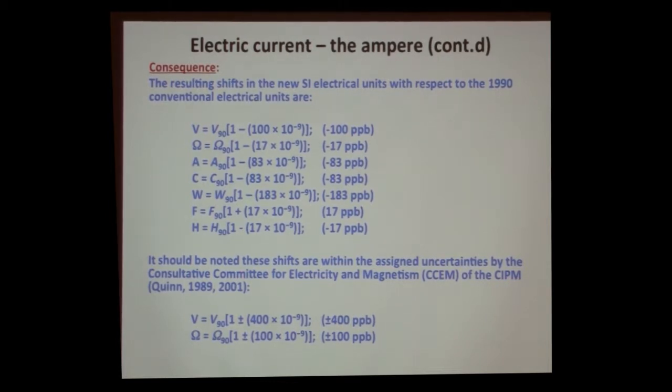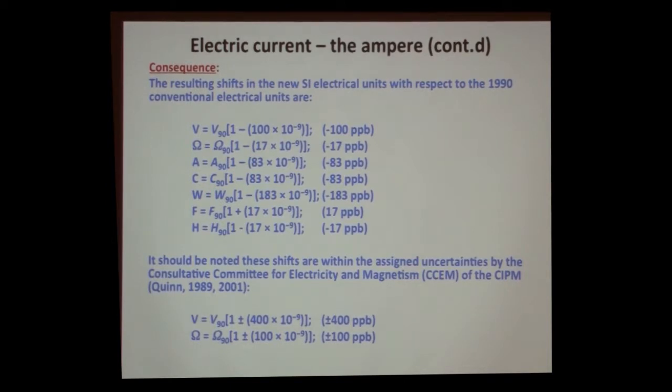So a lot of our customers, Fluke, Agilent, instrument makers, are going to see this shift, and it's up to NIST and other MIs to communicate this to them as we did in 1990 for various shifts. And one thing I got mentioned is that the whole world, almost all electrical measurements are based upon these 1990 measurements. So a big one is in the power, but by the time we get to a watt for commercial instrumentation and application, even though this is almost 0.2 of a part per million, that's somewhat within the noise of the